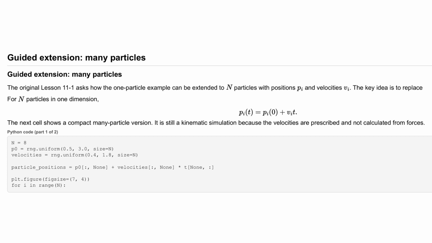We can naturally extend this concept from a single particle to an arbitrary number of particles by transitioning our scalar variables into multi-dimensional arrays. In this code block, we initialize 8 distinct particles, giving each a unique initial position and a unique velocity. By leveraging NumPy's broadcasting features with None indexing, we compute all trajectories simultaneously without writing slow Python